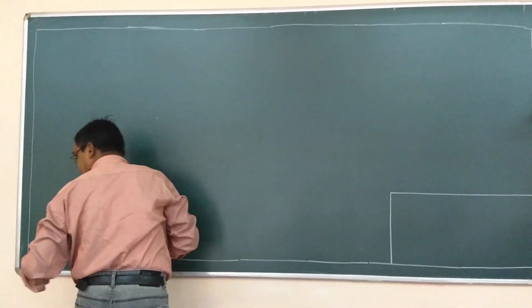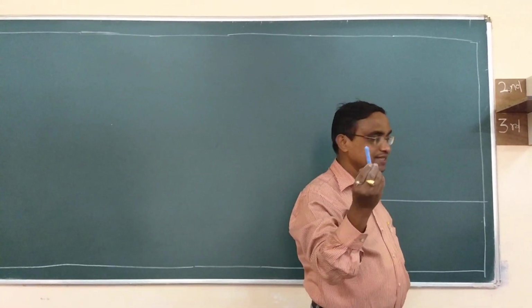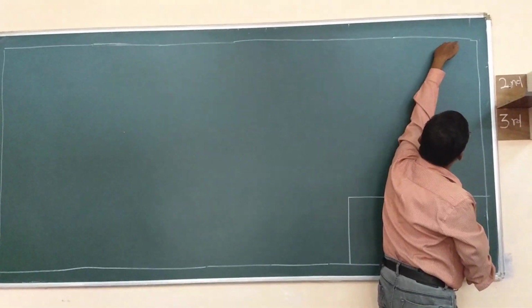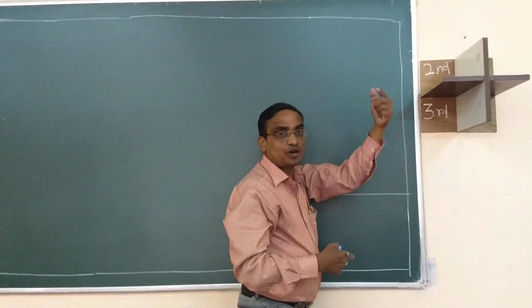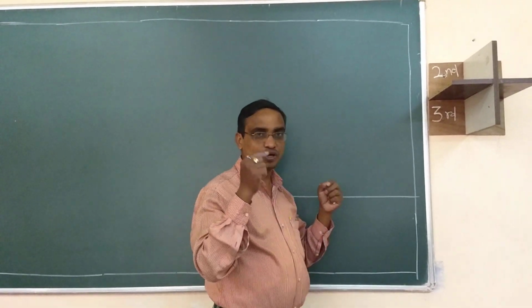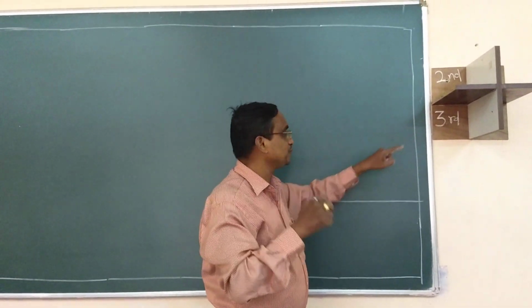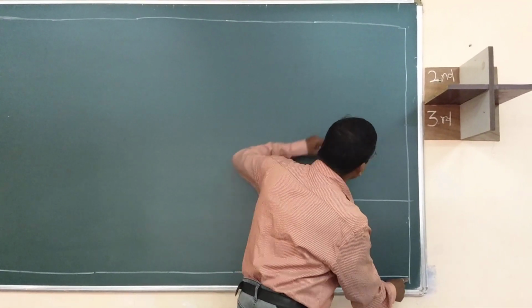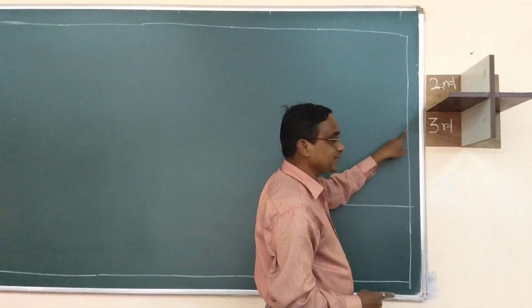Just to mark. For construction line, already you know, use your 1H pencil or black lines. You measure this bottom boundary line to top boundary line. Suppose you got X. In practical you will get approximately 52 centimeter. You may get 52, 53, whatever it may be. Suppose you got X, divide by 2. To mark the midpoint, you measure this point to this point and divide by 2. This is the midpoint of the line.